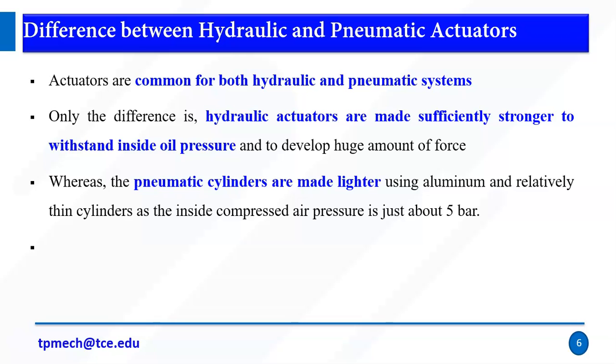Compared to pneumatic, hydraulic actuators are stronger because they work on oil pressure. Whereas pneumatic cylinders are made lighter using aluminium and relatively thin cylinders, as the inside compressed air pressure is just about 5 bar. Generally the maximum pressure of a pneumatic system is 5 to 6 bar, so we can use very light cylinders.